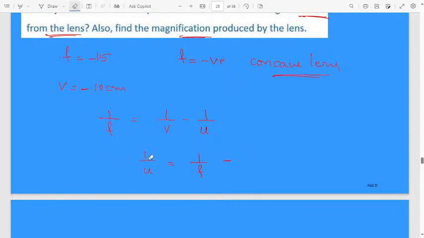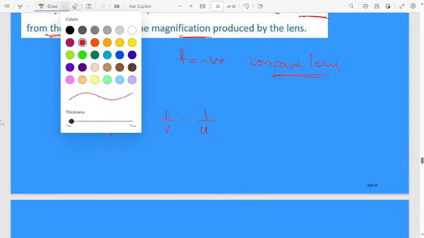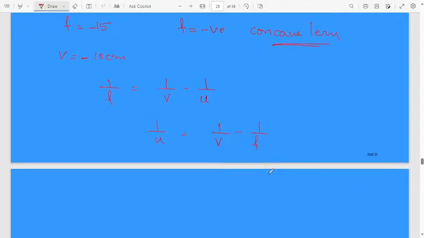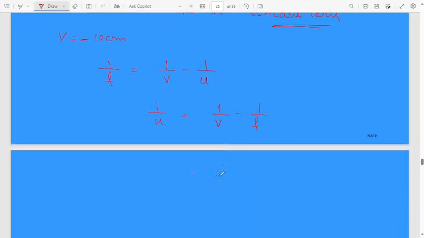I will write here, which one you have to calculate, take it as right side. 1 by u will be equal to 1 by v minus 1 by f. Substitute, you will get then